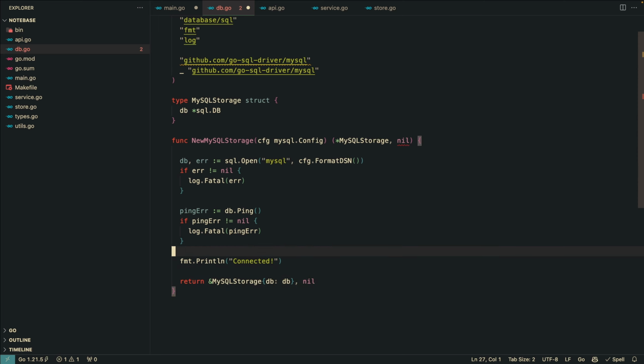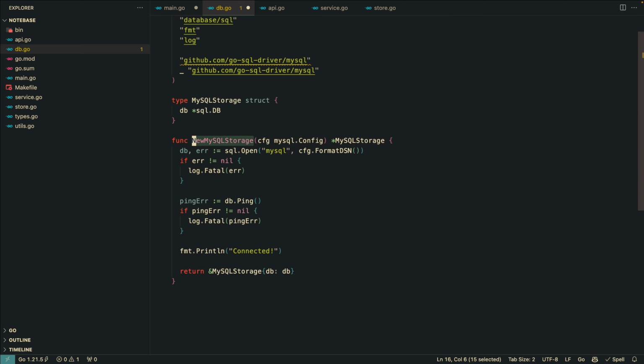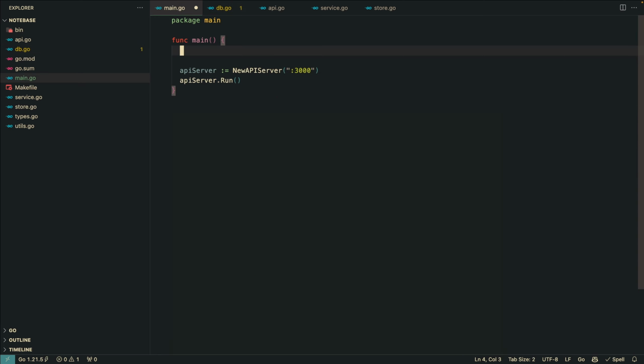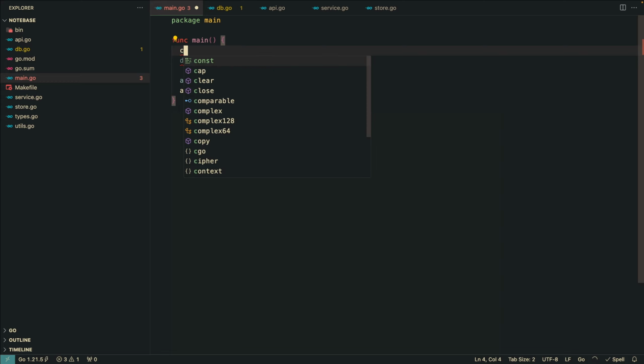So I don't have an error. And nil, why did I put nil here? Actually, no. Yeah, I'm gonna keep it like this because we're handling the errors with fatals. I think it's fine. You could leave this to the layer above, but I'm just gonna keep it here. So gonna have MySQL. So it's gonna be the DB. And then we need to have a configuration here. Let's create this configuration on the main file. So what we can do is just put here config,